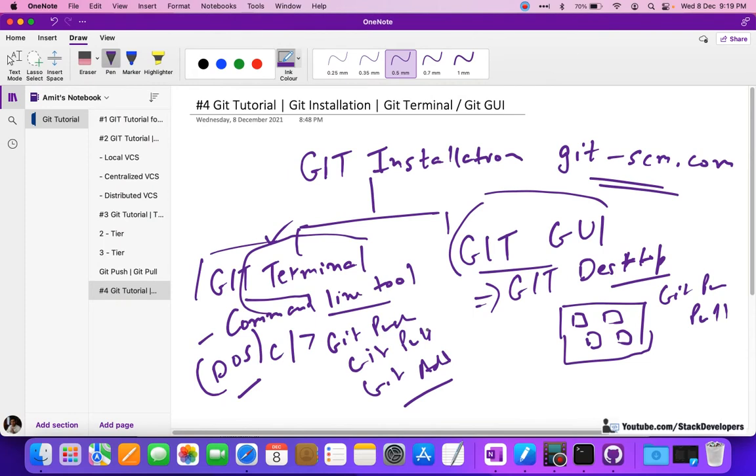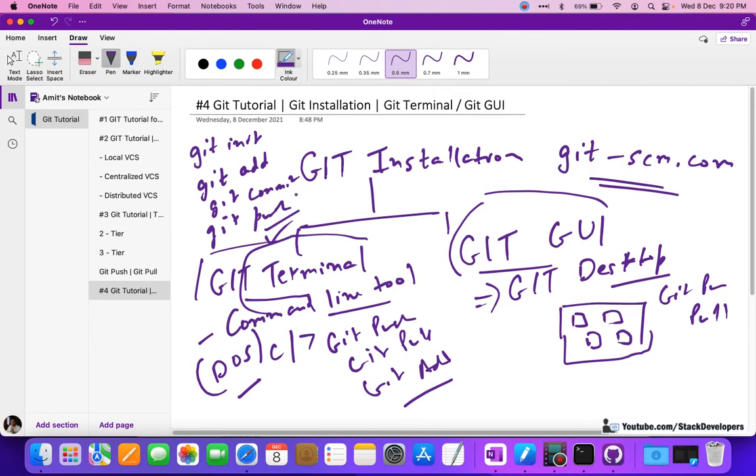We are going to work on the git init command, which is for the initialization of the project. Then we will use the git add command, the git commit command, and then git push. All these commands we are going to use in the next video, so please stay tuned for that.